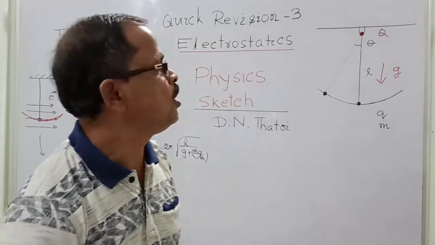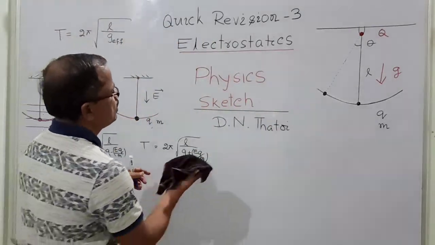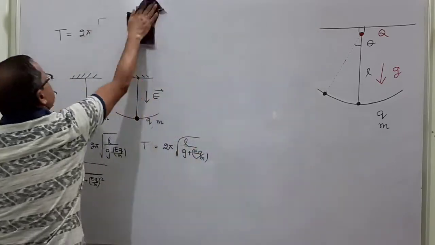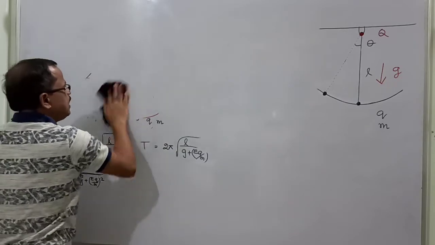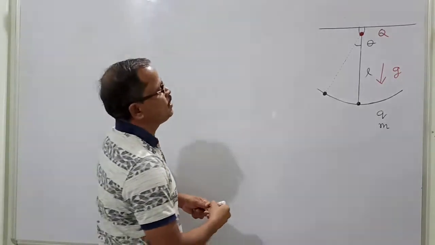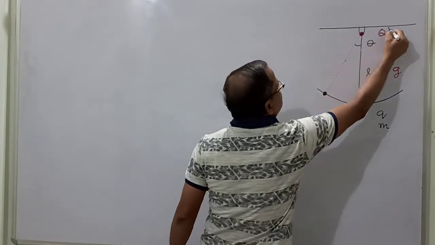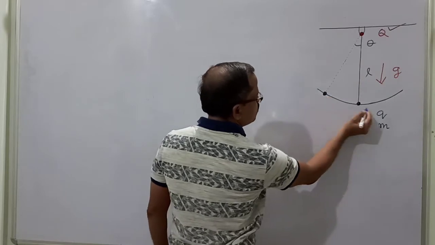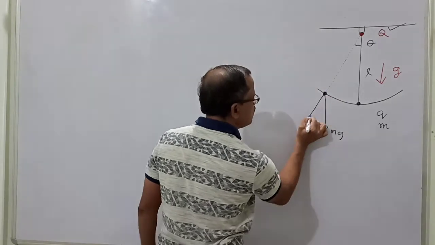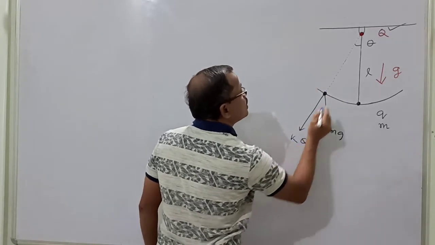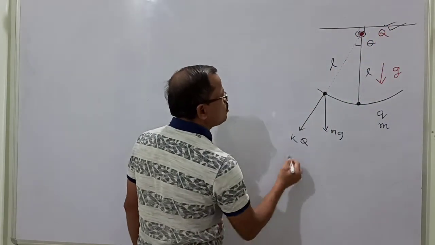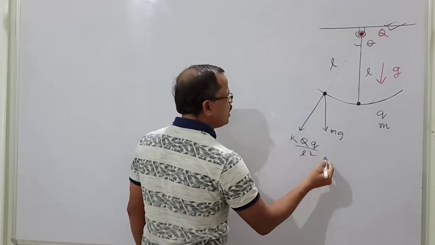Today we are going to solve a problem where the electric field is not there, but the pendulum is given charge q and another charge, capital Q, is kept at the point of suspension of the pendulum. The gravity force is mg. Another force will be acting here, that is the Coulombic force. With charge Q at the support and charge q on the bob, and the distance between them L, the force is equal to KQq by L square.